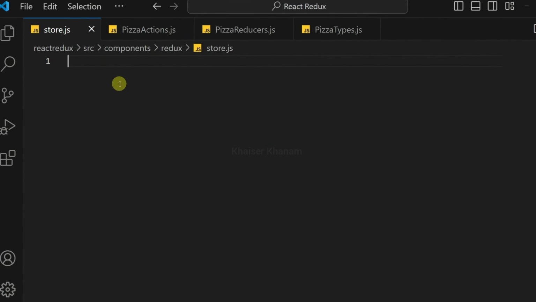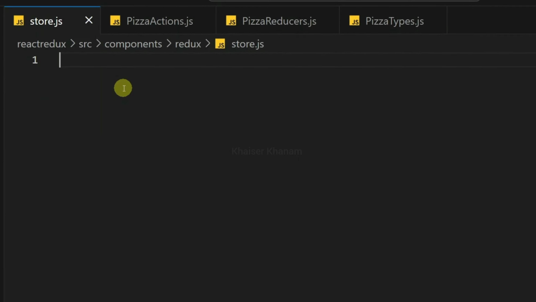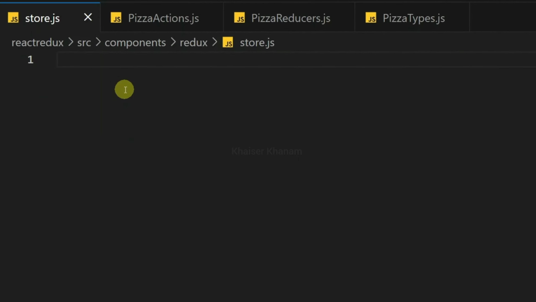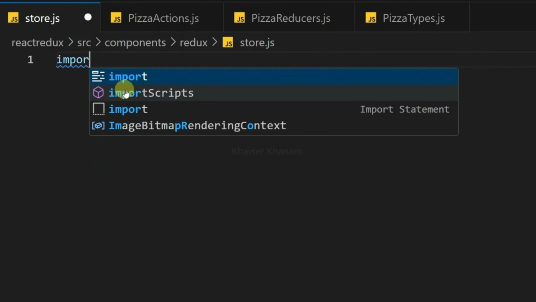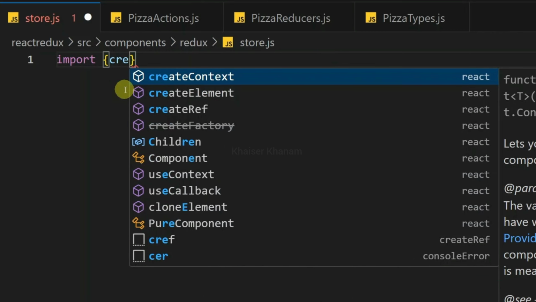Now we are going to see how to create the store and how to provide this store to our entire React application, so that whichever component needs the data from the store, they can easily get it and update the UI. So first step, I'm just going to import createStore from Redux. Here I will write import. Now we are going to use ES6 import. We are not going to access this createStore from the Redux library directly, we are just going to import createStore from Redux. Here I will write createStore